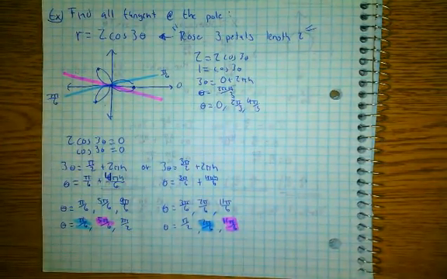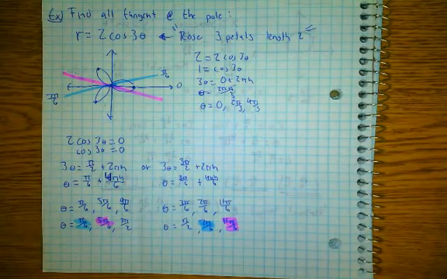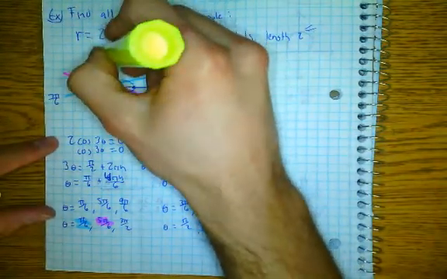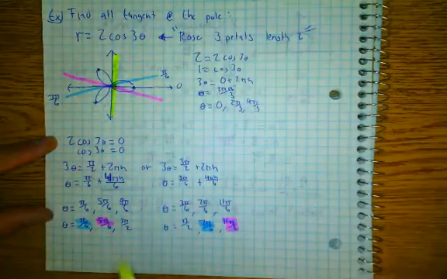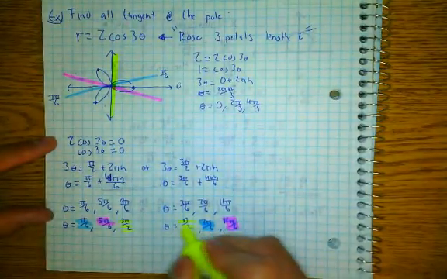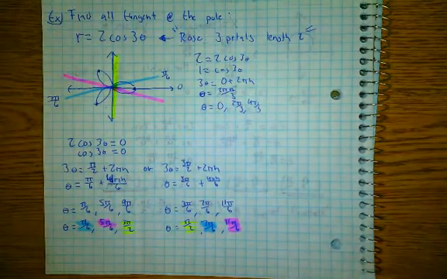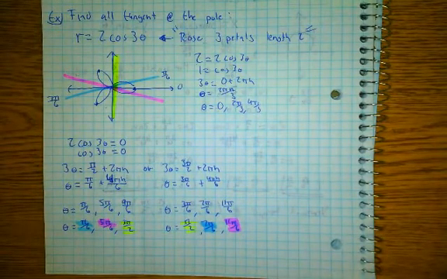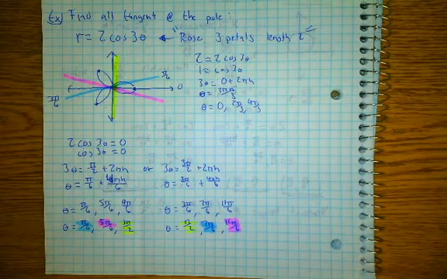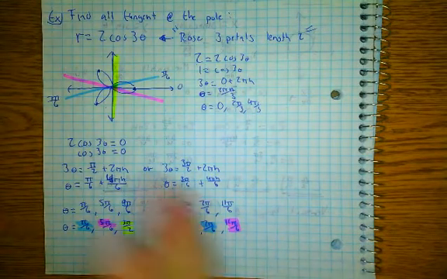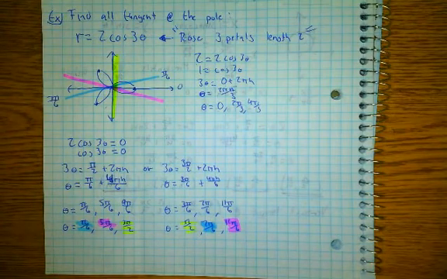And lastly, pi over 2 would be this one right here, which ends up representing the 3 pi over 2. Agreed? So yes, we got 6 different angles, but they're repeating themselves, and there's no need for you to repeat them. Now, I went ahead and sketched them, and now you can visually see that they are in fact tangent lines,